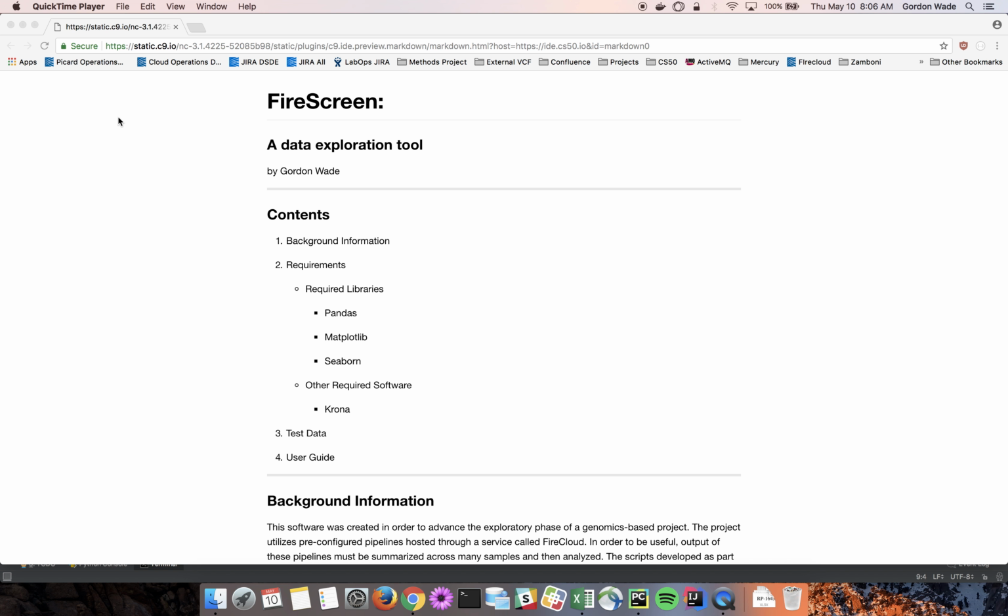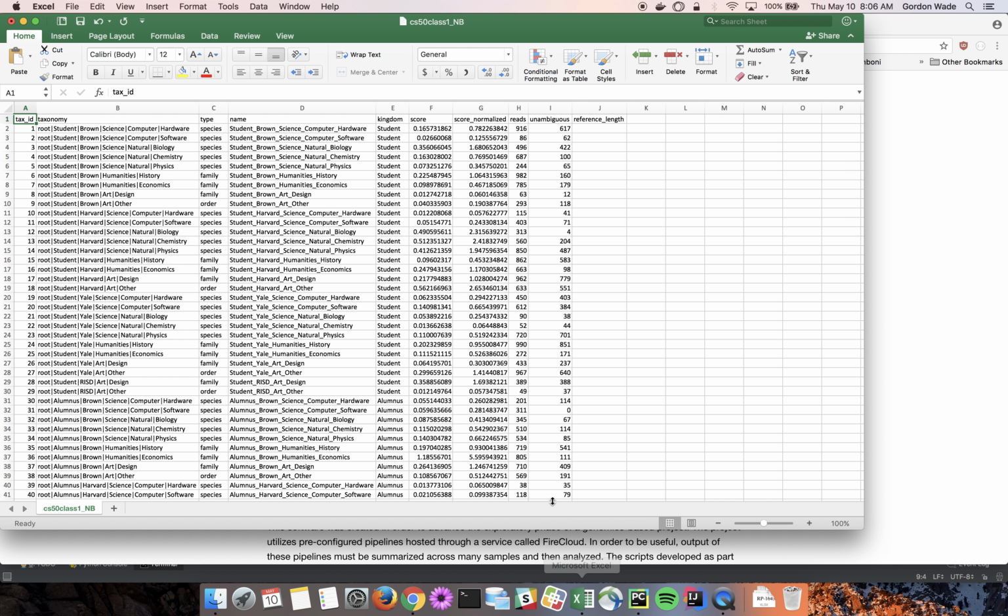My name is Gordon Wade, and I'm sharing the final project I did for CS50 through Harvard Extension School in the spring of 2018. So this project is called FireScreen, and it is a tool to help with biological data